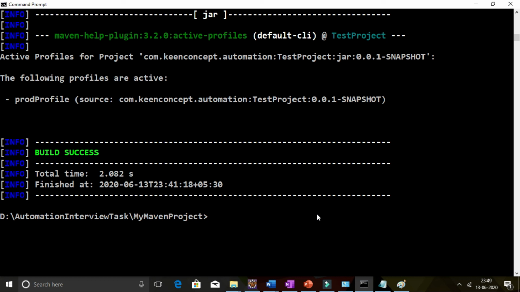So if you make the changes there, the changes will be applicable for all the projects for that user. Now if you want profiles to be applicable for all the users on the machine, you need to go to the Maven home directory under conf folder and then make these changes in settings.xml, which is present in the conf folder.